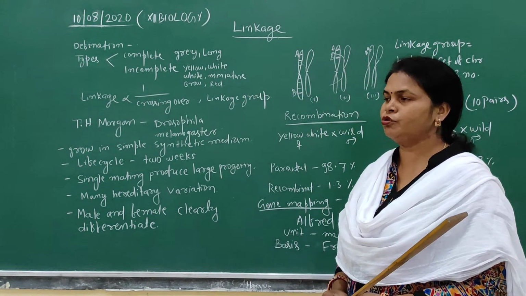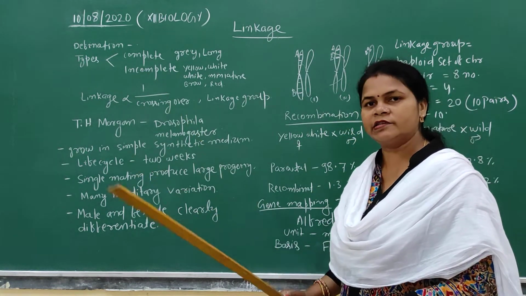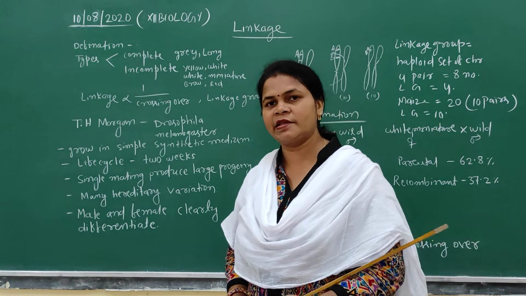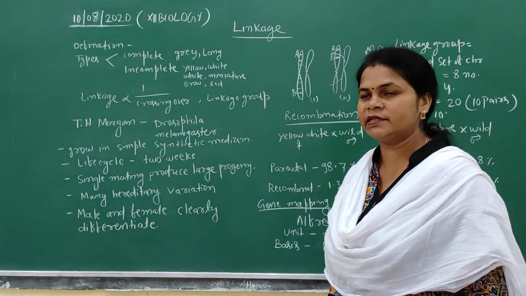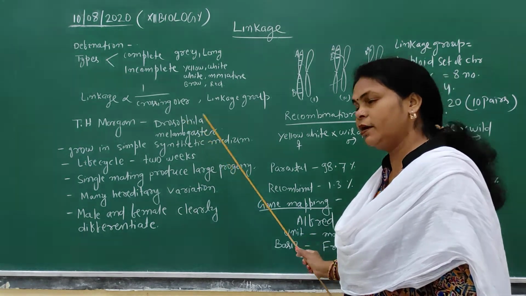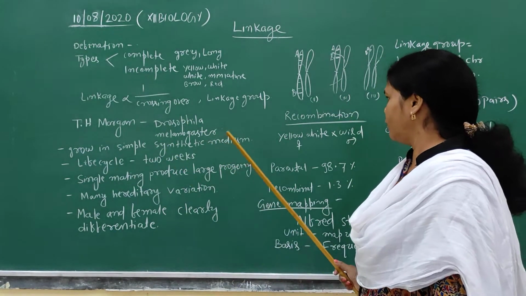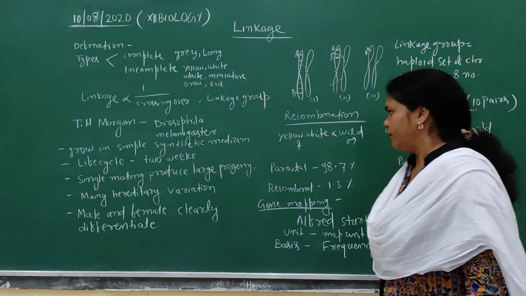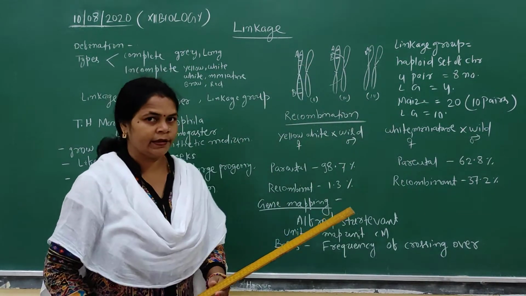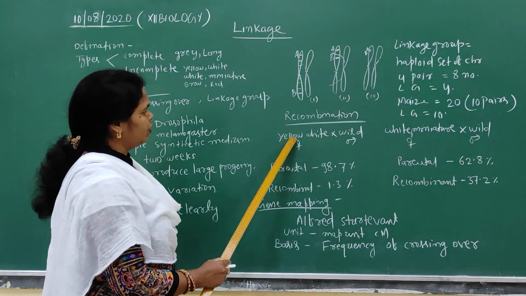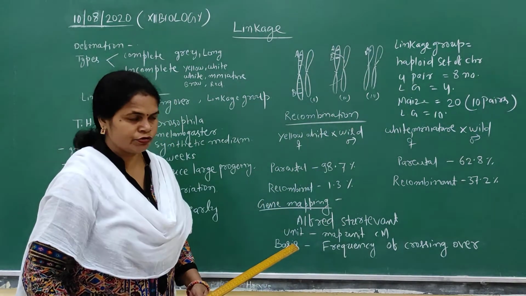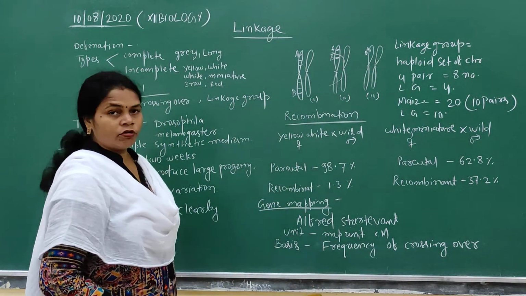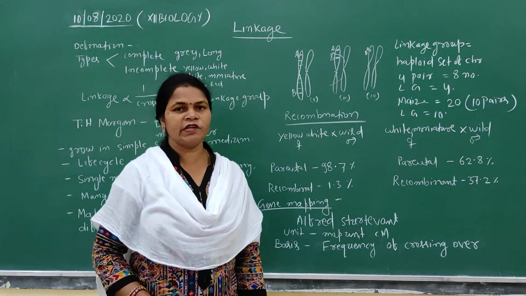That's why he took the Drosophila as his experimental sample and studied the inheritance of a linked gene in this fruit fly, Drosophila melanogaster. Morgan crossed the yellow-bodied, white-eyed female with the wild type Drosophila and intercrossed the F1 progeny,